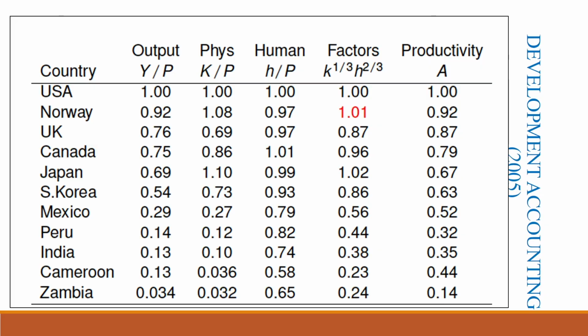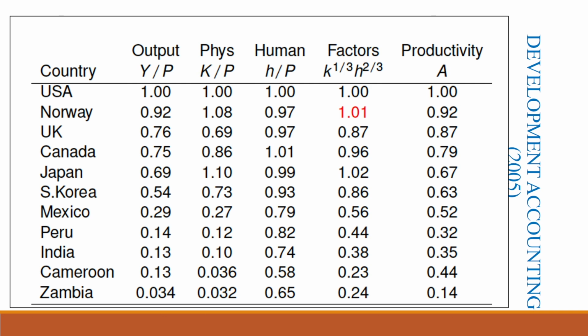So, we take a look at two tables now just to see how these numbers appear, and more importantly, what can we infer from an exercise like this. Okay, so this is the development accounting exercise. Now, this is for the year 2005. Remember, we can do this only at a given point in time. So, these numbers that are appearing here on the screen right now are for the year 2005. Okay, are we all good to go up to now?